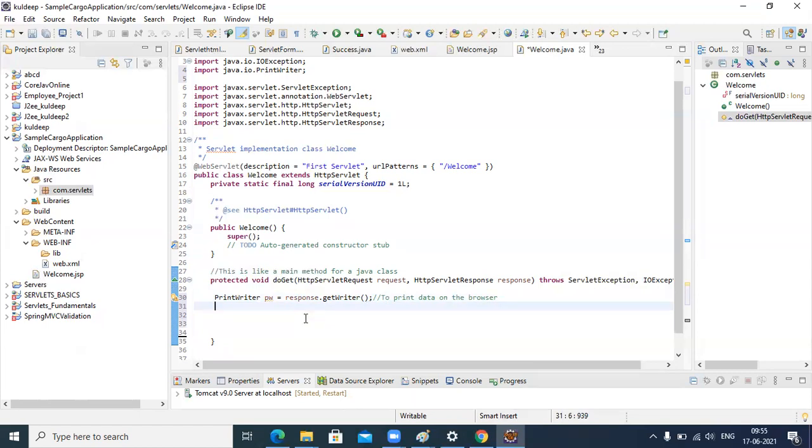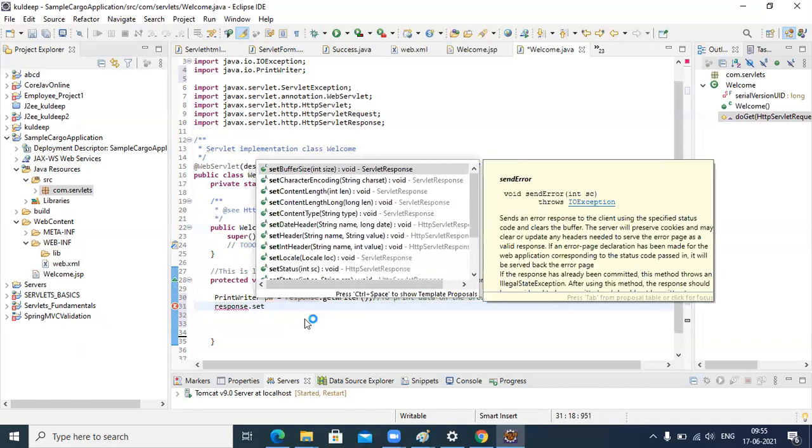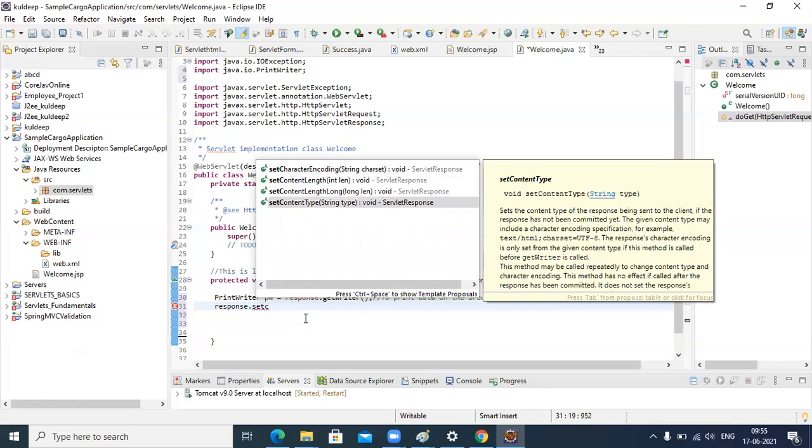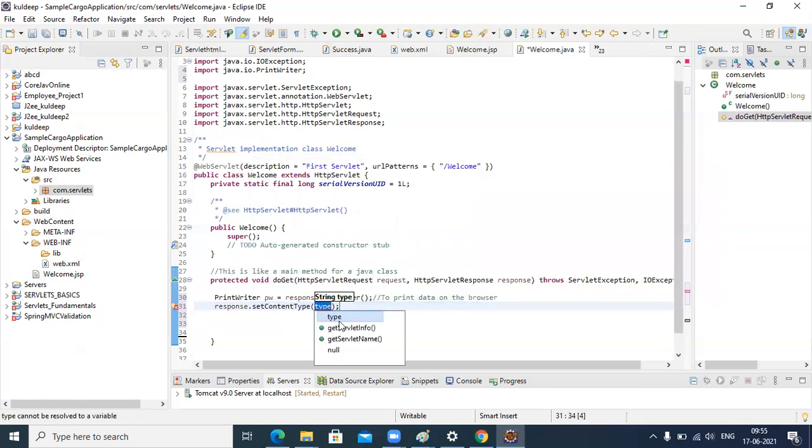Now the response should be of type HTML. For that you have to call response.setContentType. Here you have to specify the type, and that value is text/html. These two are important.